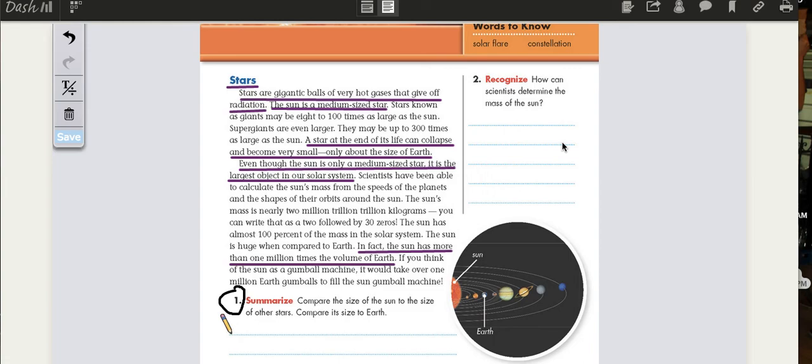As the name tells us, they are red in color and they are dwarf stars, so they are small in size. And actually, you might think that when we see something red, it's very hot. But actually, according to the stars, it's totally the opposite. So red dwarf stars are the smallest stars in size, and they are the coldest. We have the second group, which is the yellow stars. They are actually medium-sized stars, and they are warmer than the reddish stars. Our sun is one of them, actually.